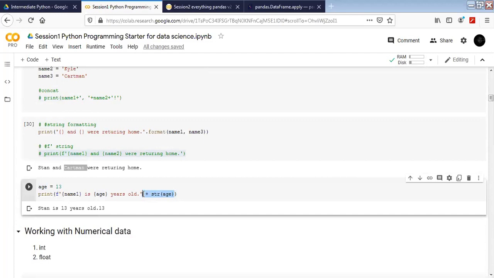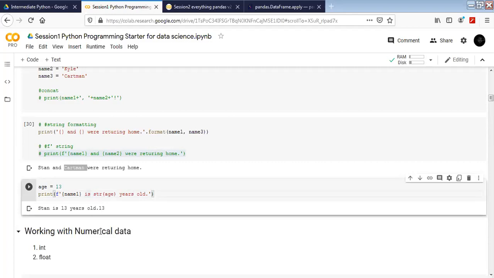A better example for this kind of situation would be here, name 1. And when we have age here, what we can do is str of age.